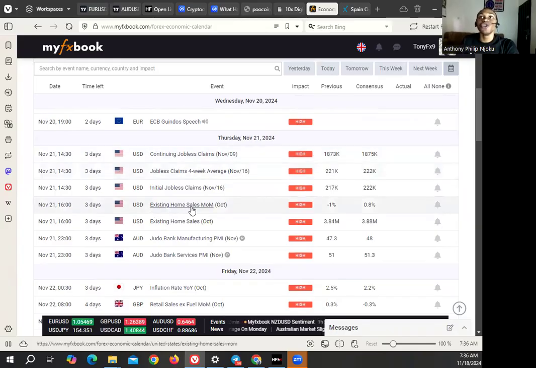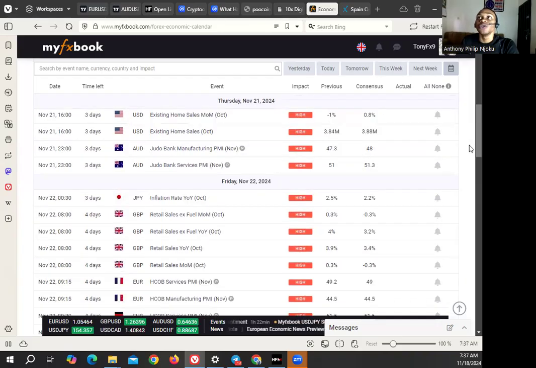Then the existing home sales, which has to do with total sales of homes. When there are sales of homes, there are more people moving into these homes that are being developed by construction companies, which is good for the economy. So month over month, over here we see 0.8%, which is higher than minus 1%. And then over here, we see the home sales of 3.88 million, which is higher than 3.84 million. So if this is true, the housing market in the US is strong, and it is good for the US